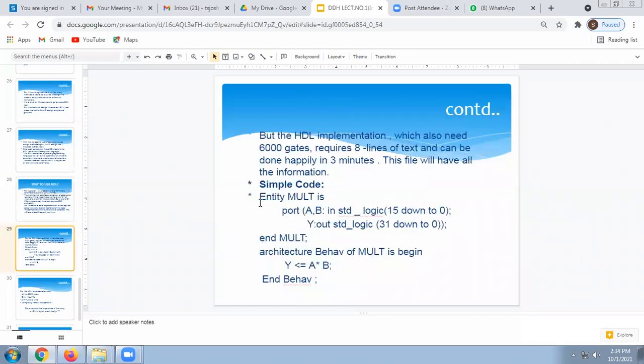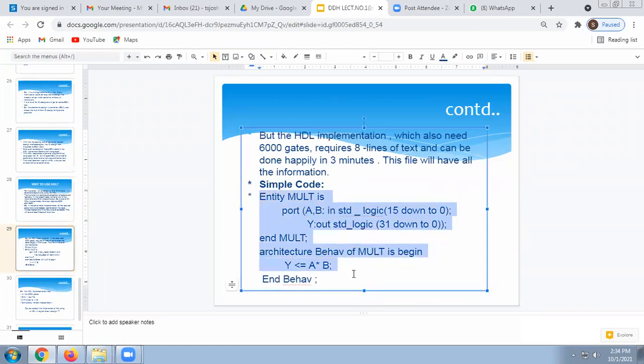See. Yes. Is it visible? Yes, ma'am. Okay, so this is the simple code. The entity is the first part you have to introduce in this HDL, where you declare only the input signals and output signals.